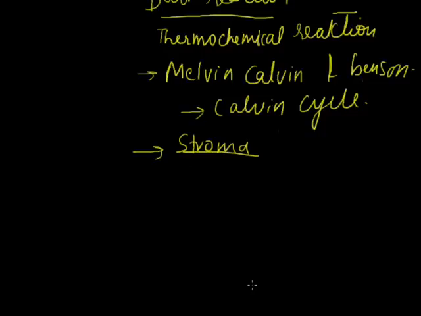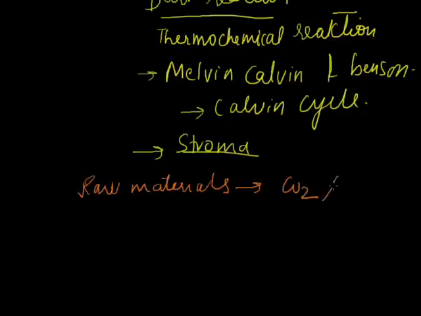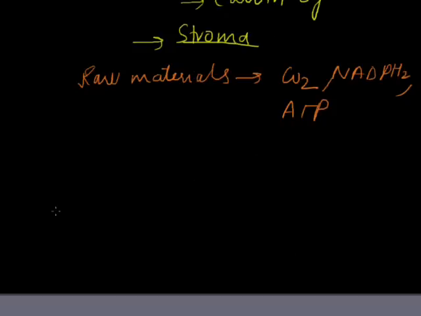Raw materials which are required for the dark reaction are carbon dioxide, NADPH2, which was produced in light reaction, as well as ATP and some enzymes. Now dark reaction, like light reaction, also consists of 3 main steps, and those 3 main steps of dark reaction are: